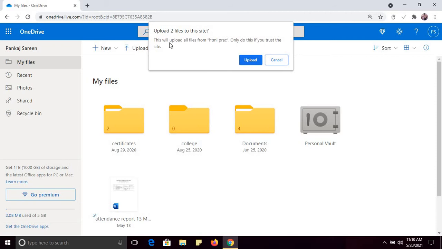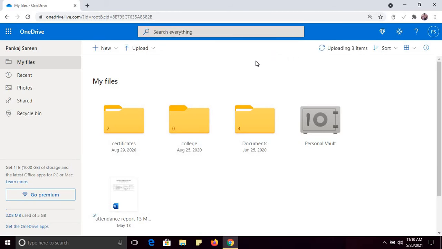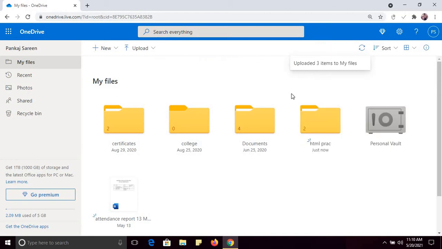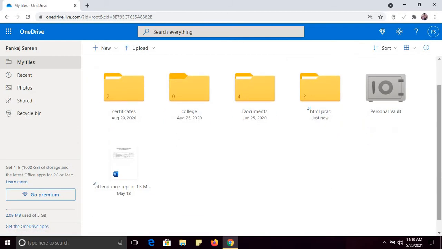so it will show you the message, it will upload all files. So just click on upload. So the folder is being uploaded. Yeah, see, the folder has been uploaded to your OneDrive. Fine.